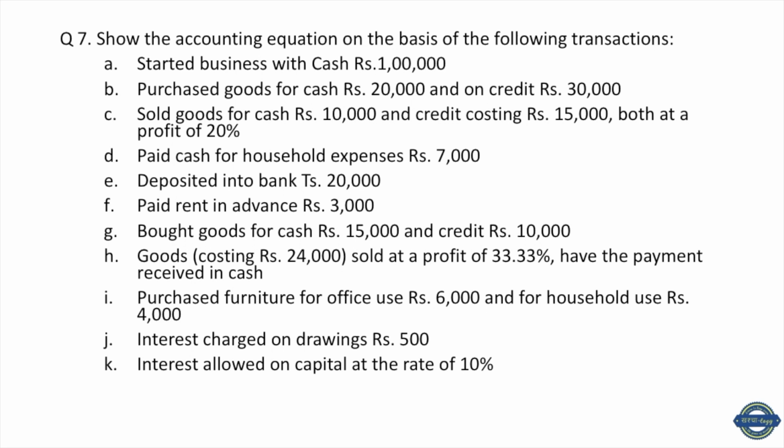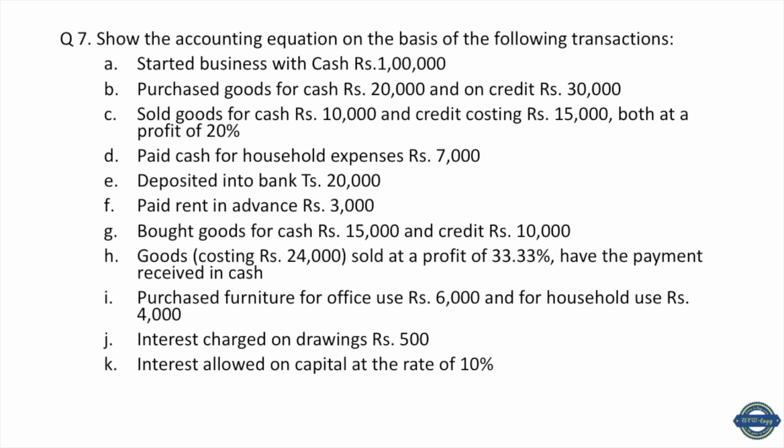Sold goods for cash rupees 10,000 and credit costing rupees 15,000, both at a profit of 20%. Paid cash for household expenses rupees 7,000, deposited into bank rupees 20,000, paid rent in advance rupees 3,000, bought goods